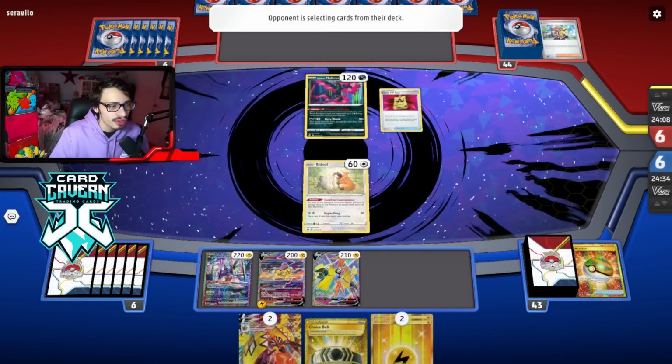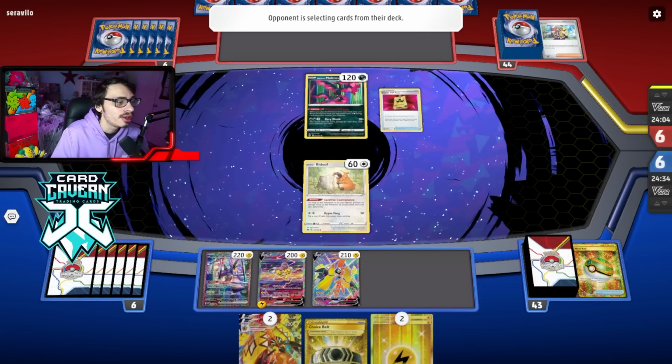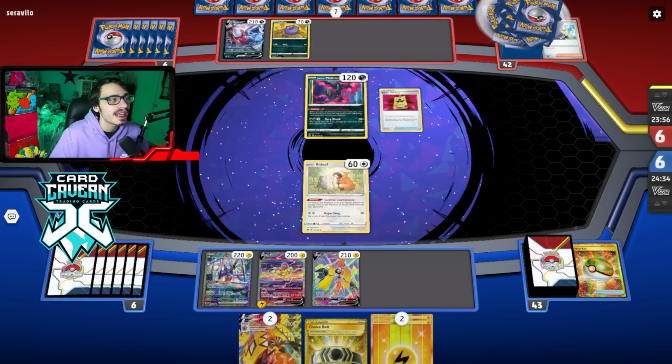Darkrai V-Star does have a V-Star power that gets items back, so they can use their V-Star power to get switches back. So that could be a problem if we try to go down the route of paralyzing them. So I'm not sure that's even going to work. They do have Battle VIP Pass, which can get them...